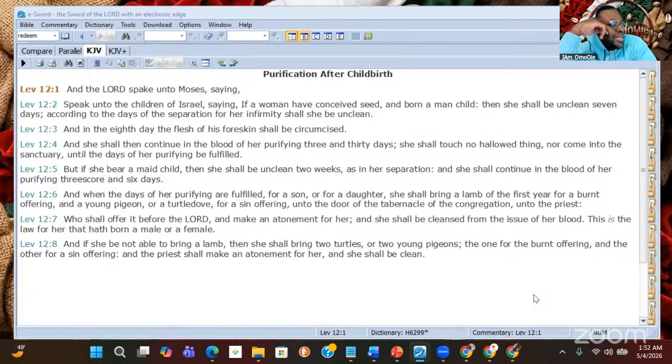60 days. So 66 days. 66 and 2 weeks, 66 and 14. Maybe. Right? Or 80. Yeah, 80. So it's 80 days for a girl. And how many for 2 weeks? 7 days, according to some person, and the ninth day. Okay, so 7 days plus 33. So 40 days for a boy and 80 days for a girl.